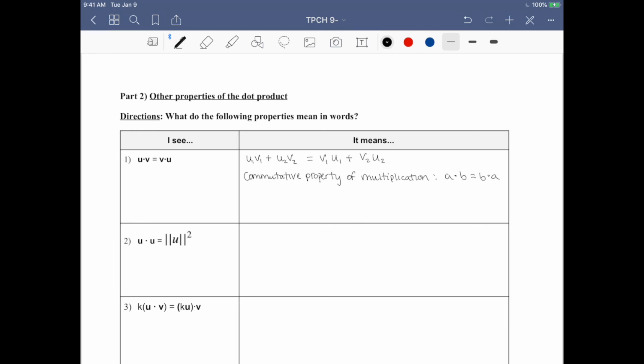Well, I can rearrange u1 v1 to be v1 u1. So, since u1 v1 equals v1 u1, and u2 v2 equals v2 u2, then that means